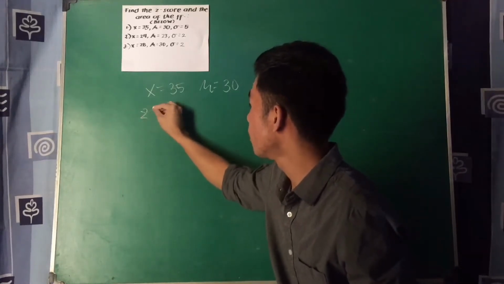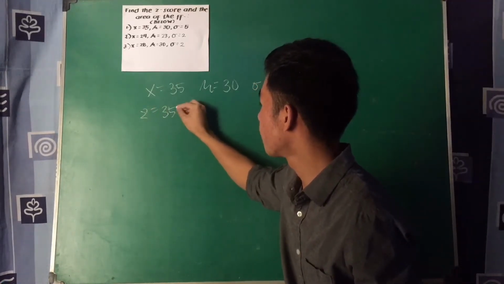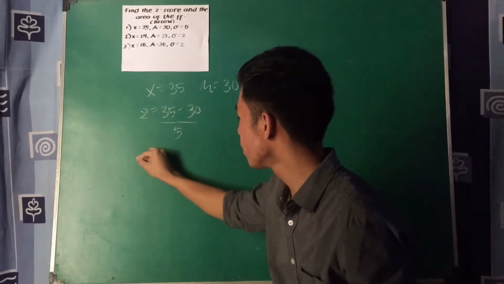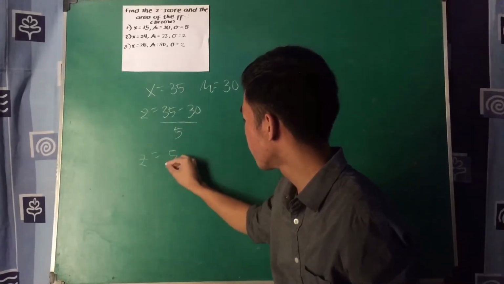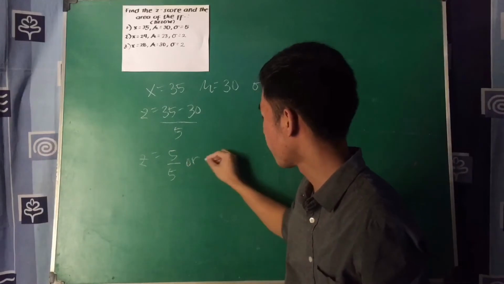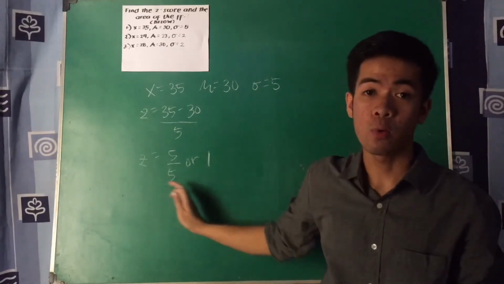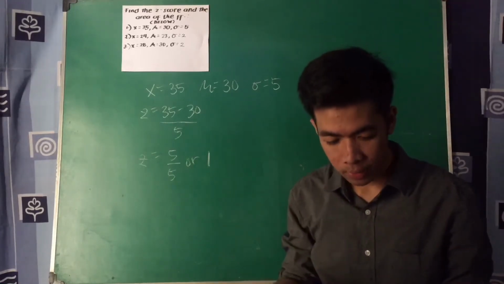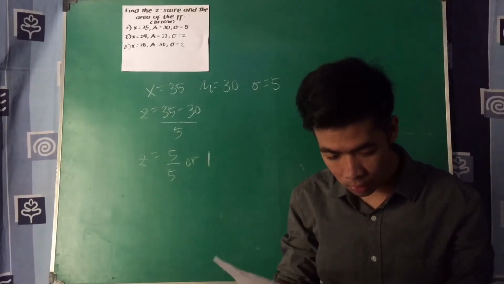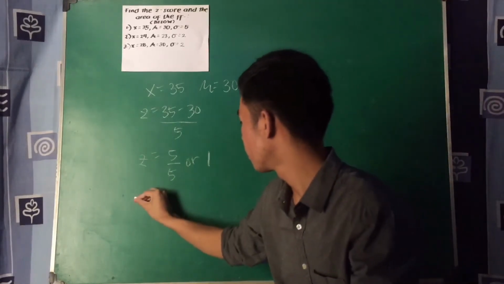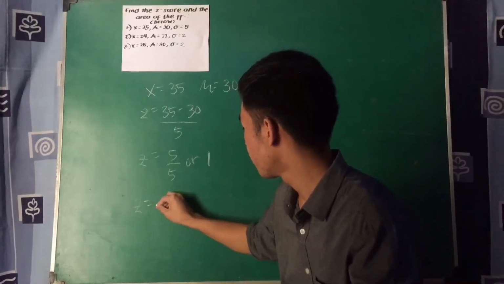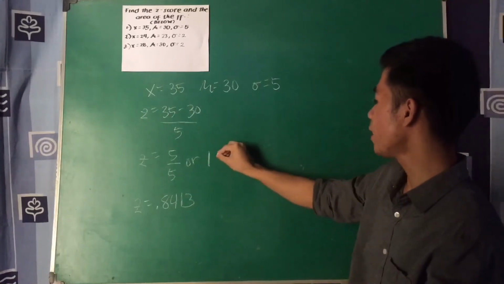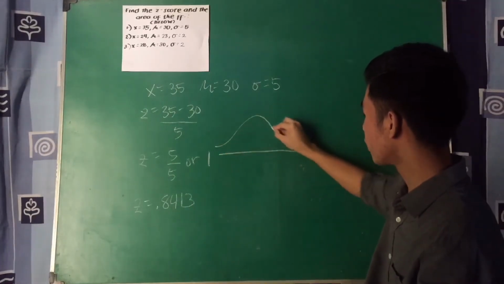So Z is equal to 35 minus 30 over 5. Z is equal to 5 over 5 or 1. Again, we have to locate the equivalent value of 1 on our Z table. So 1.0 is equal to 0.8413. Again, we just have to draw a normal curve,